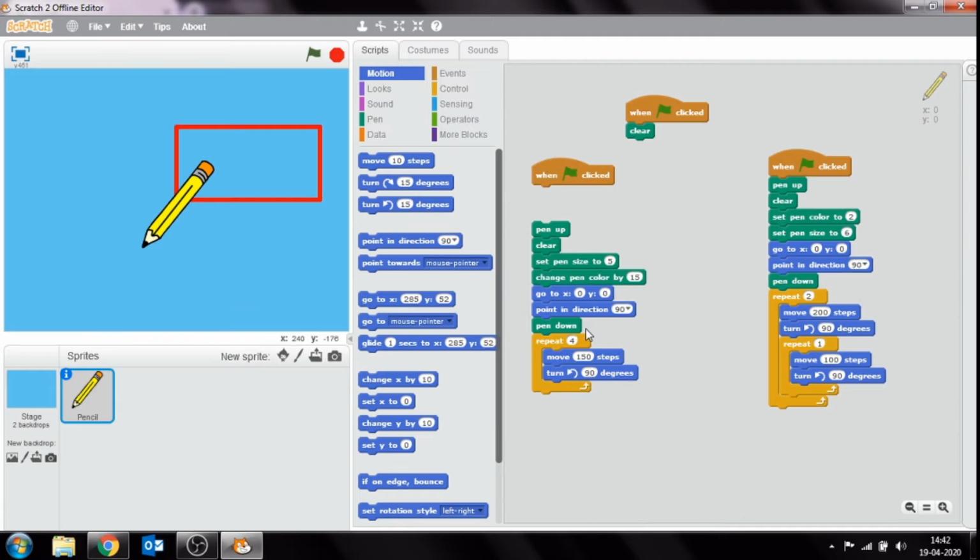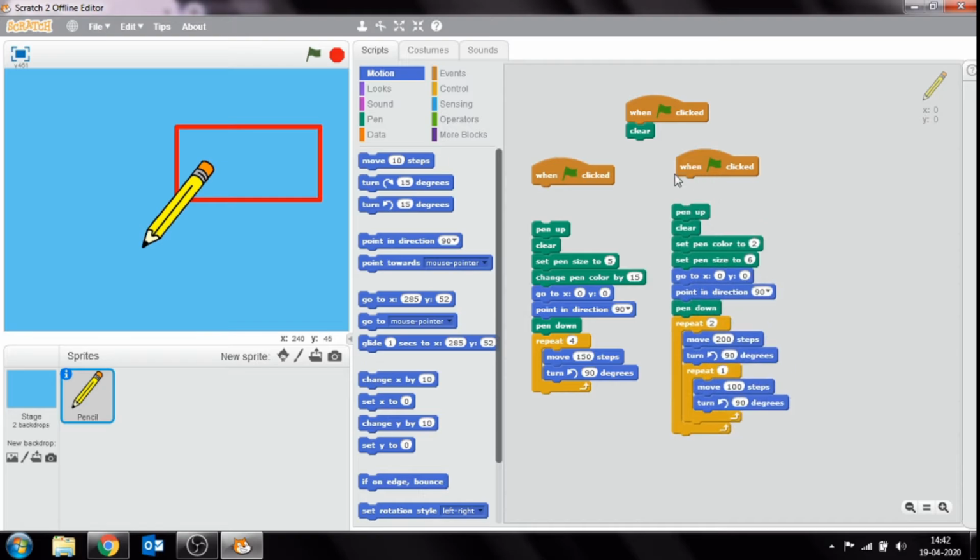Now our next figure is the triangle. So to draw the triangle, again clear the stage by clicking this.